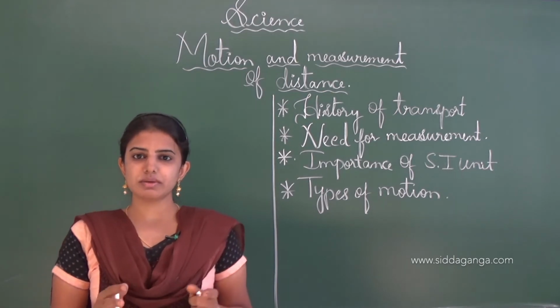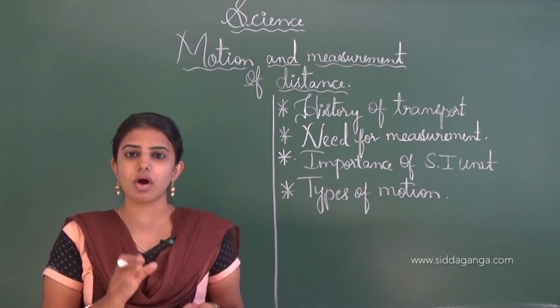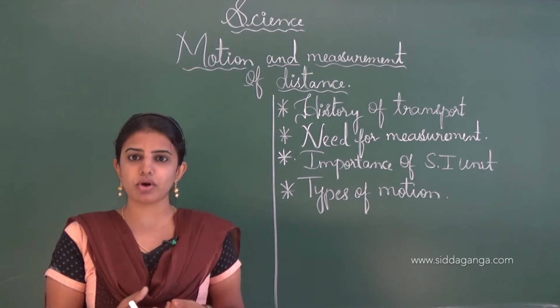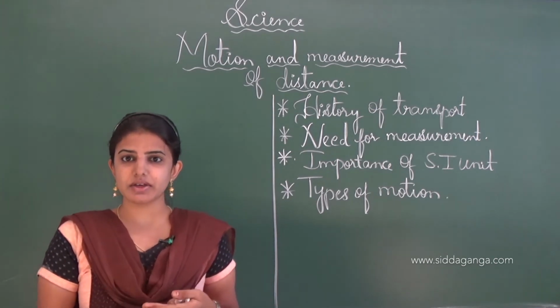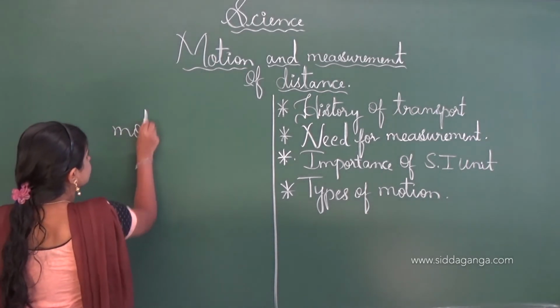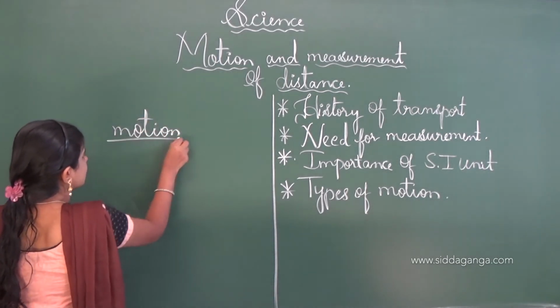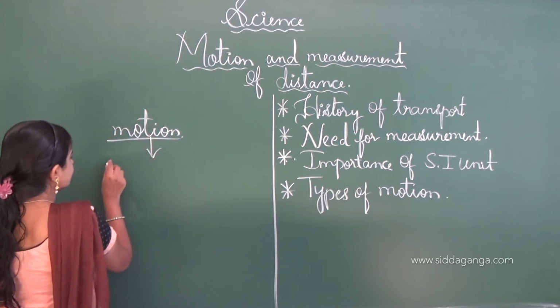Motion is nothing but movement. According to motion, the object or the part of a body changes at the given time. If the changes occur at the given time, we call it motion. Motion is nothing but, at a given time, the movement of the body that takes place. An object or a part of it,